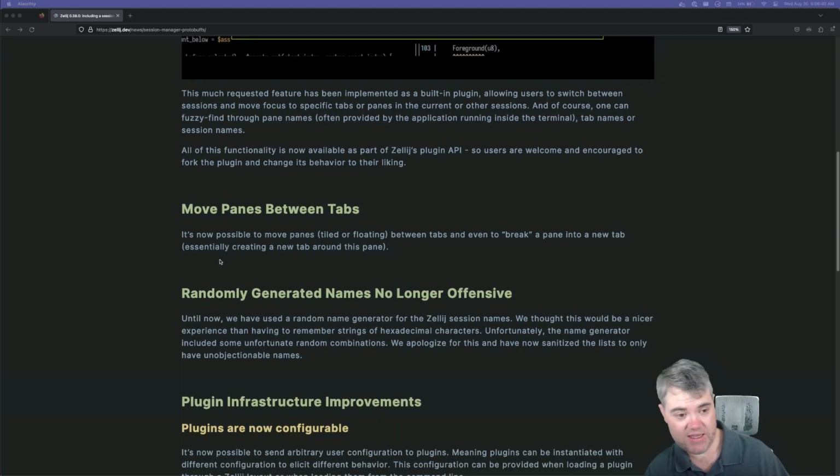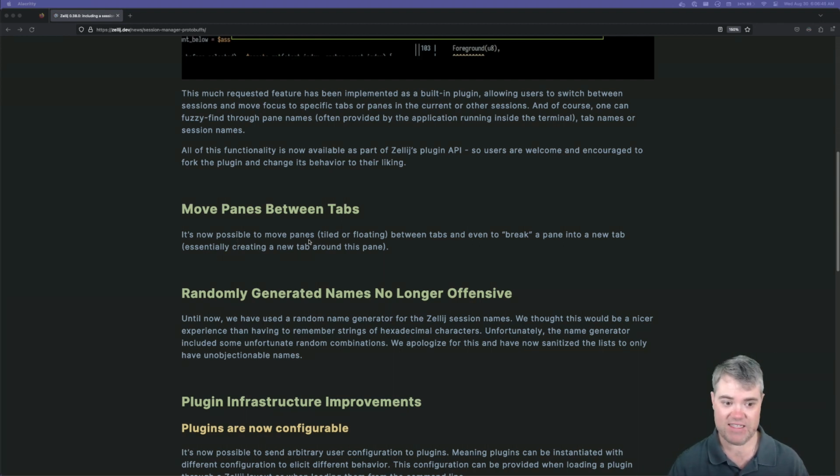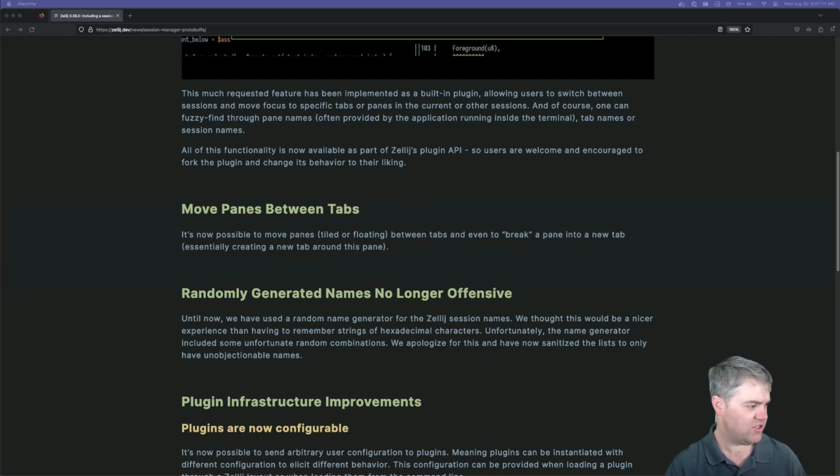So this one is pretty big. There's been a few times that I've loved to be able to say, okay, can I just make this its own tab now? I think that would be good. So it's possible to move panes, tiled or floating, in between tabs, and even to break a pane into a new tab, essentially creating a new tab around this pane. So basically, okay, hey, you're going to that tab now. It does kind of sound like they're gonna make it where we can move a pane back, so not just to new tabs. All right, you're updated,